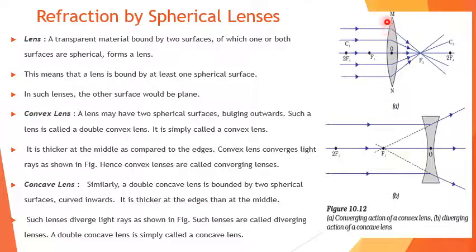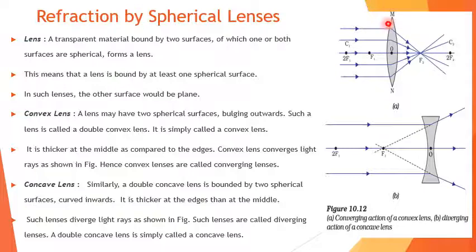Now you can see a lens over here. This gray color is a lens. Of which one or both surfaces are spherical. Now here you see MN, the surface on the left side as well as the surface on the right side are curved. So this forms a lens. These are curved outward, so these are convex. So this surface is also convex and this surface is also convex, whereas here this is concave and this is also concave. It can be that only one side is concave and the other side is plane. Even that is possible for a lens. Okay, so this is how the lens looks.